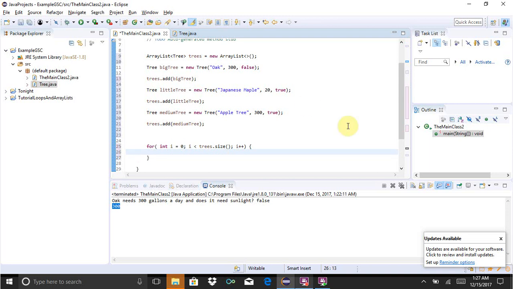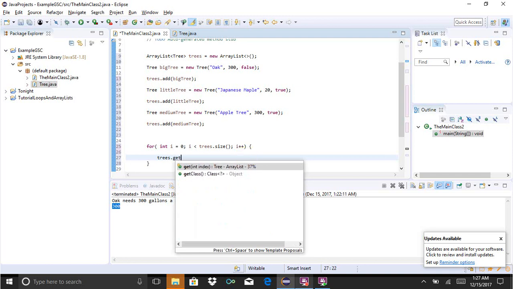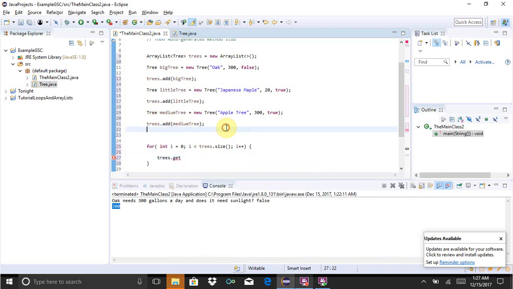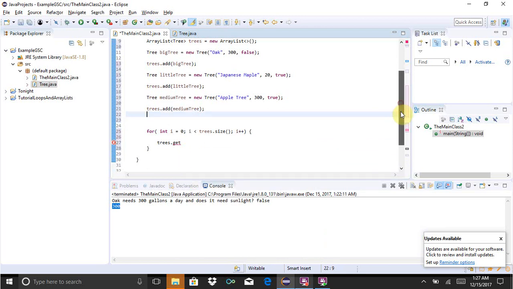Okay, so there is the for loop. And so what we're going to do, let's see, how can we do this? Yep, that's what we'll do. So we'll do trees.get, because just like we got getters and setters in this class, we have a lot of the public classes and stuff like that offered by Java and Android and all that. They have their own getters and setters. You will see .get and .set everywhere. So trees.get, and we're going to get the tree at position 0 at first, and then we're going to say